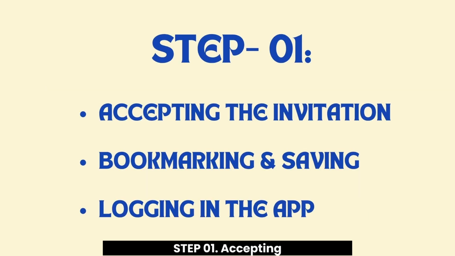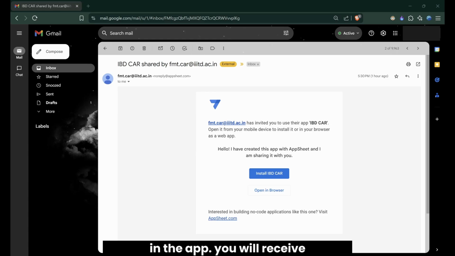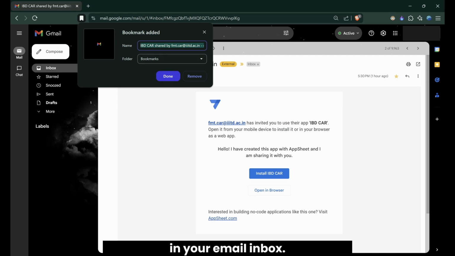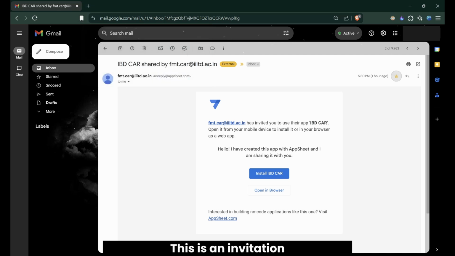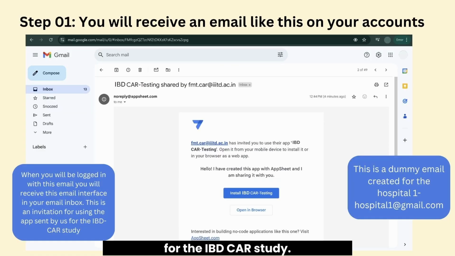Step 01. Accepting the invitation. Bookmarking and saving. Logging in the app. You will receive an email like this on your accounts. When you are logged in with this email, you will see this email interface in your inbox. This is an invitation for using the app sent by us for the IBD CAR study. This is a dummy email created for the